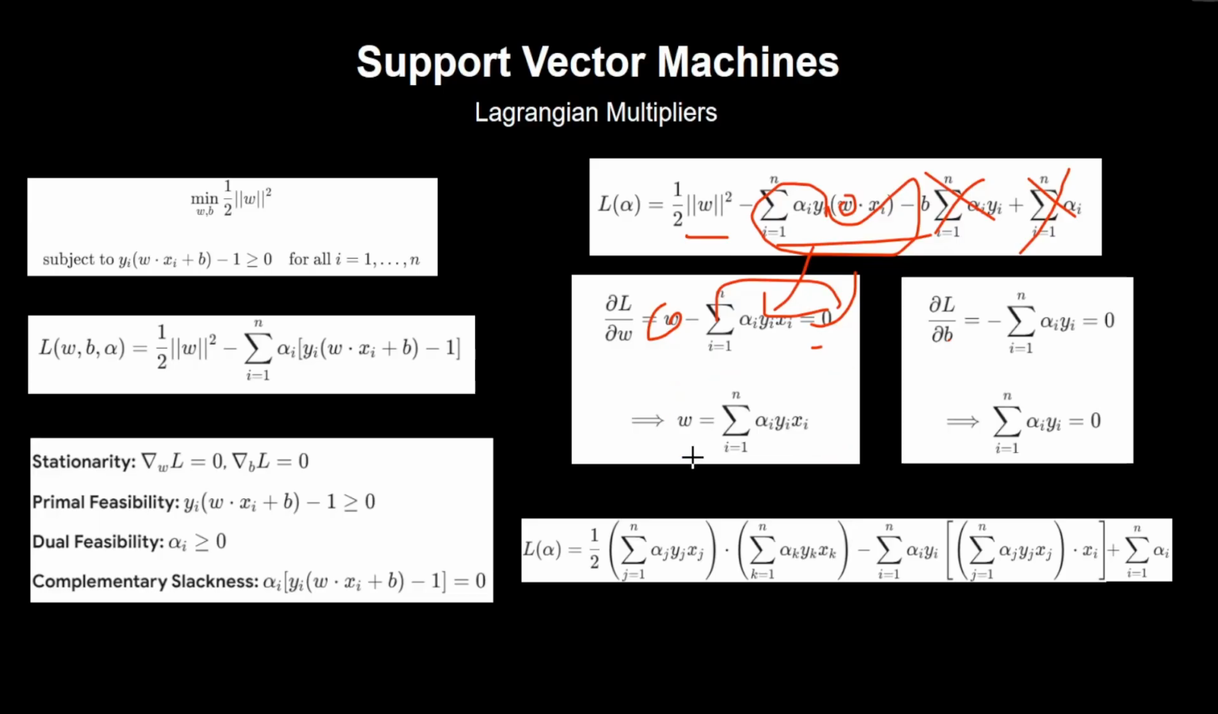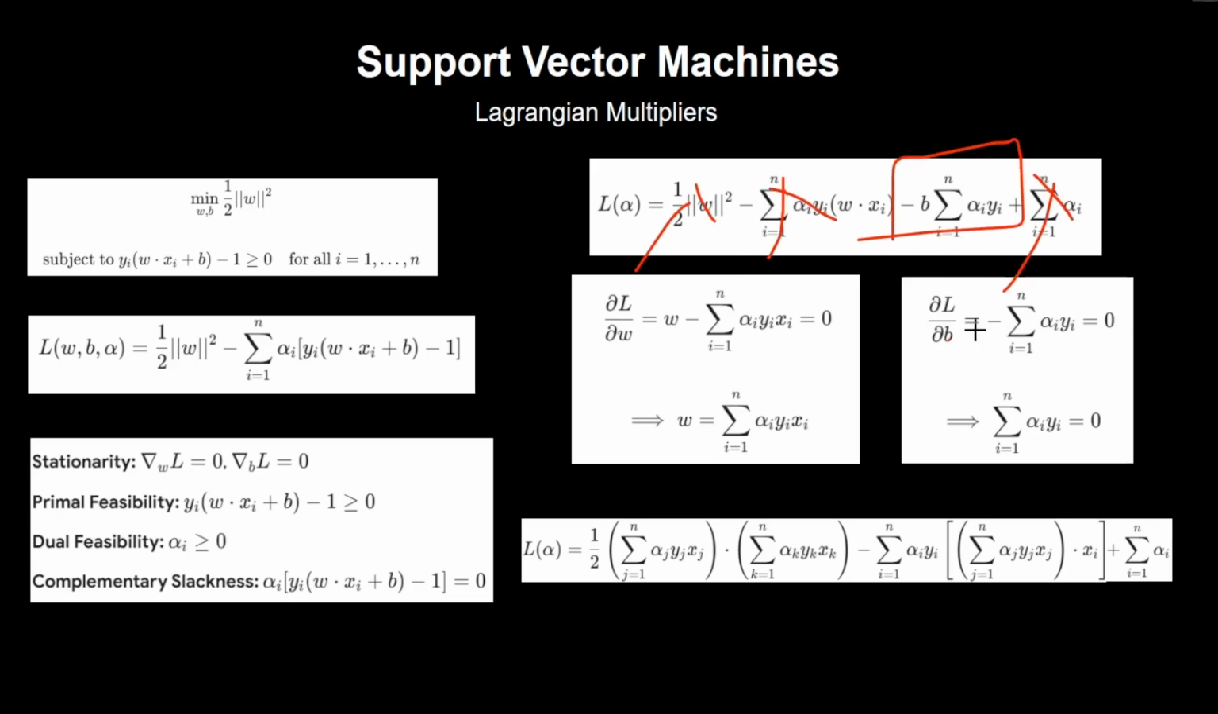Similarly, when we partially differentiate with respect to b, only this term has b, so every other term will be cancelled. So the derivative is just the coefficient of b. So here we will have this one equal to 0, which is nothing but this summation is equal to 0. So now that we have these two equations,